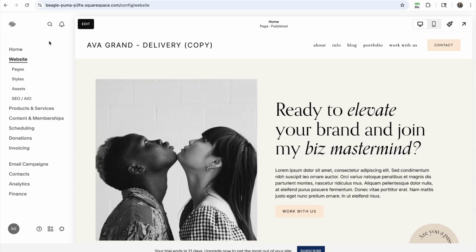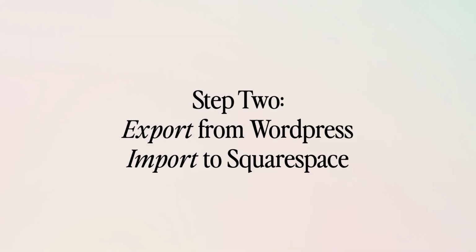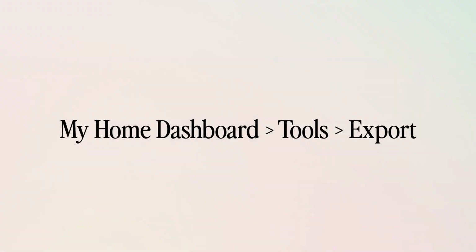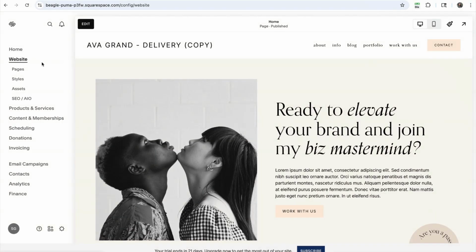Step two is going to be exporting your content from WordPress and importing it into Squarespace. To do this, you'll first need to log into your WordPress site. And in your My Home dashboard sidebar menu, click on Tools and then Export. Under Choose What to Export, you can either select all content to export everything from your website, or you can select specific types of content if you only want to export certain things. You can then click on the Download Export File button to export all of your content as a .xml file